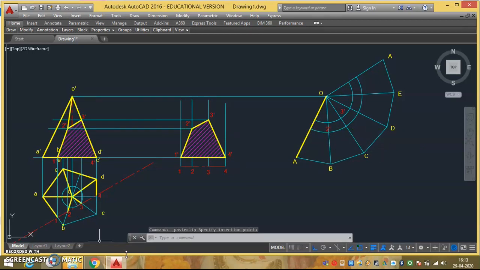And now we have 2 more points. One is 1, which is at the base here, and the other is 4, also at the base. So we have to mark them on these lines. You can take those from this top view. I can take the A to 1 distance in the compass and put it at A. It is between A to B, so we have to map it on A to B.